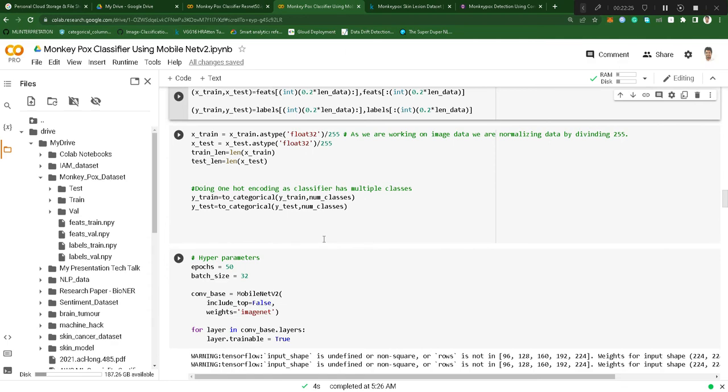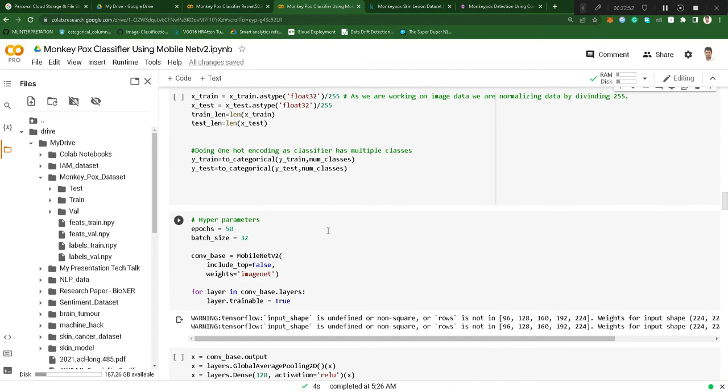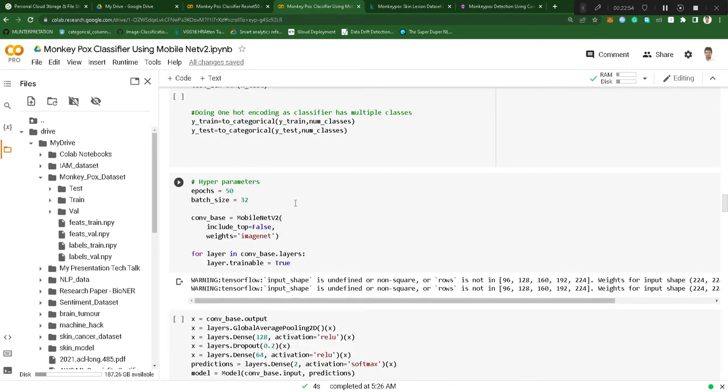Next, we are using one hot encoding. Here, you can simply use variables for that, but for simplicity, we have used one hot encoding to encode our categorical variable, that is the target variable. After that, we have to load our model. For loading, we have to mention certain